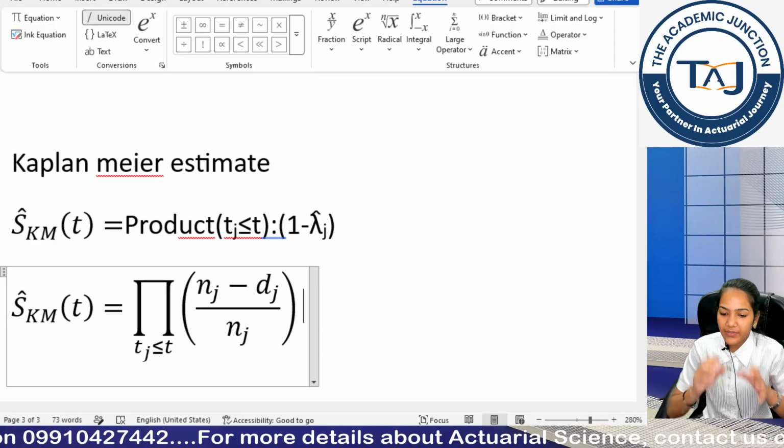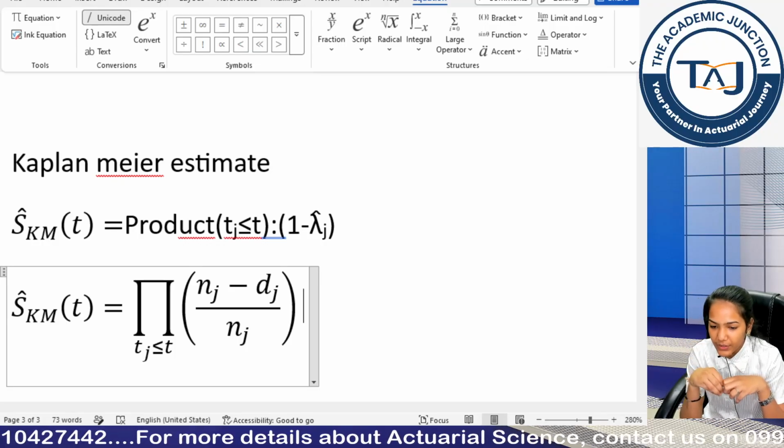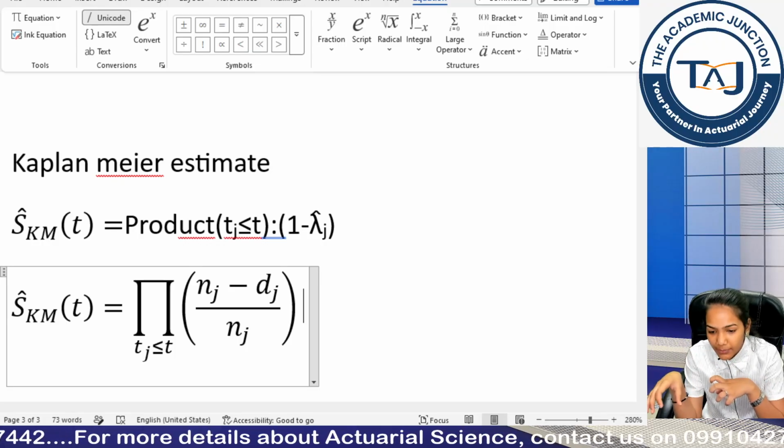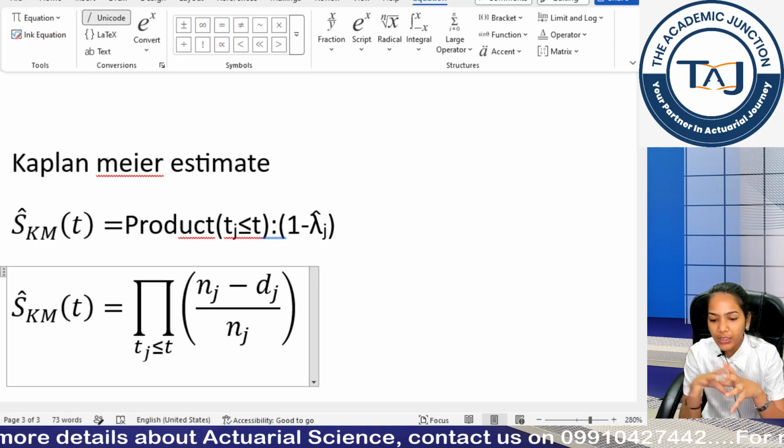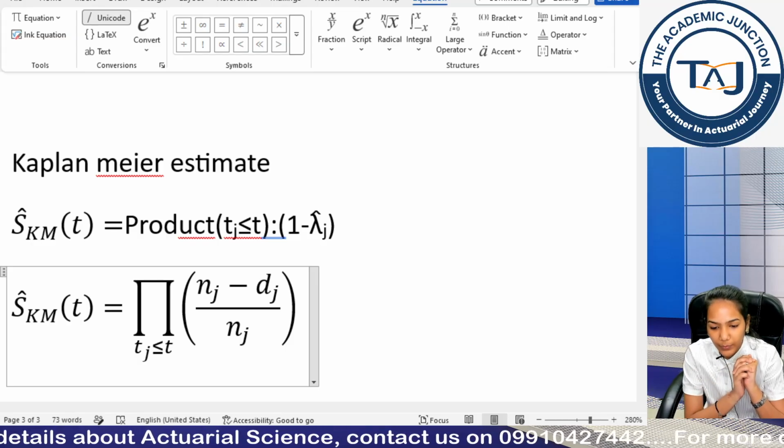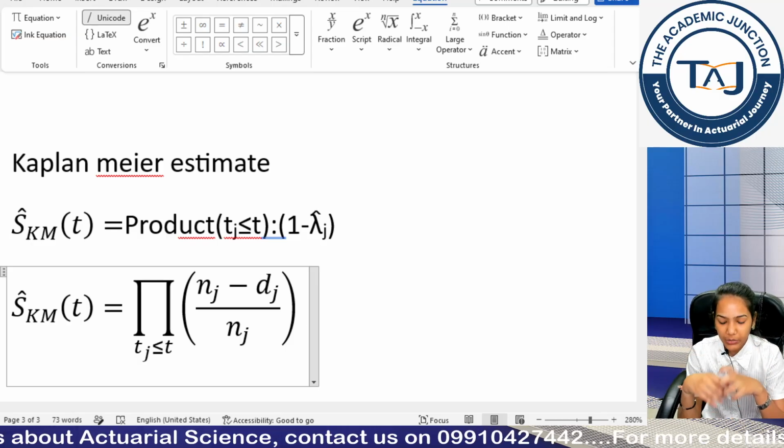Please make sure wherever there is a blue bar, it means you are still working within the product or integral or sum, or once you escape this blue bar, then you are only working in the normal equation, and then you can hit enter to go back to the normal script. Okay guys,